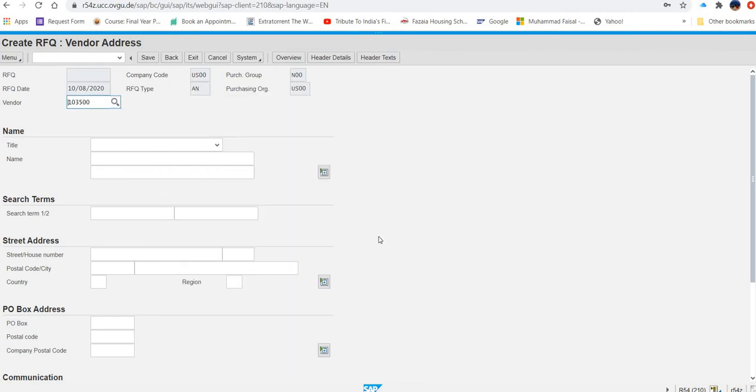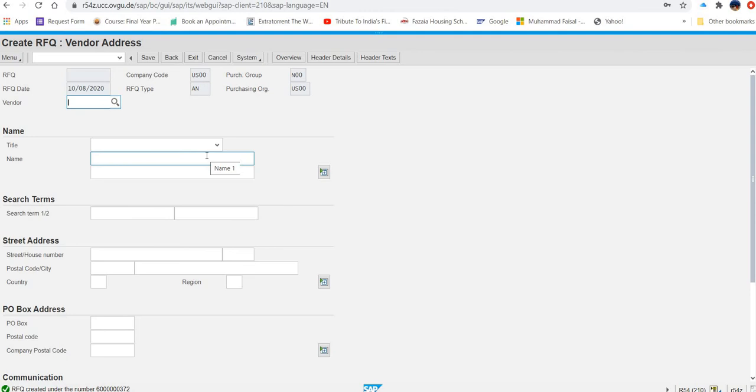Now with this vendor, what they are asking is that after entering this vendor, country, you will put again your search term 500 and country US, and city is not mentioned. So let's try and save, what happened. See, another quotation has been generated. That is 372. Rest of the number is same. Now the second quotation has been generated.